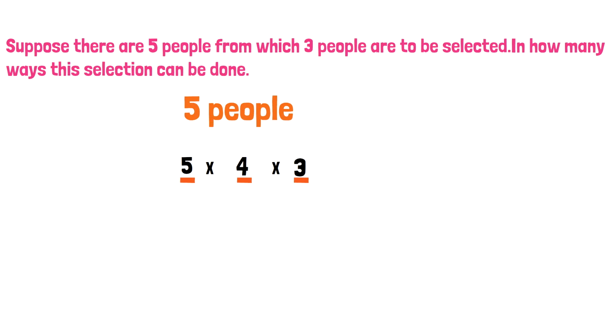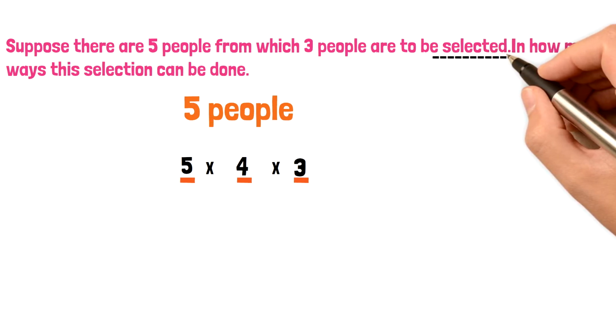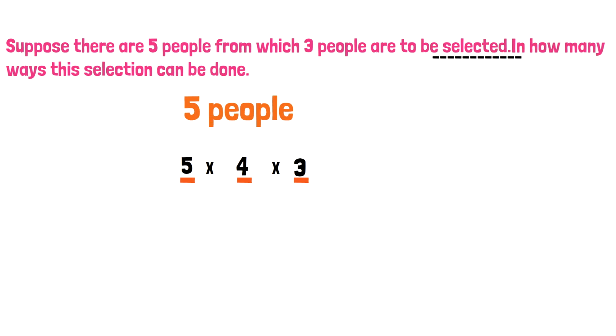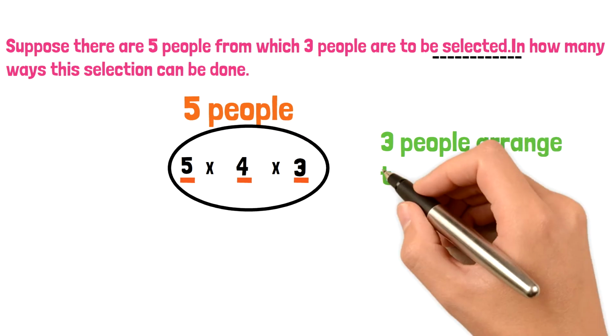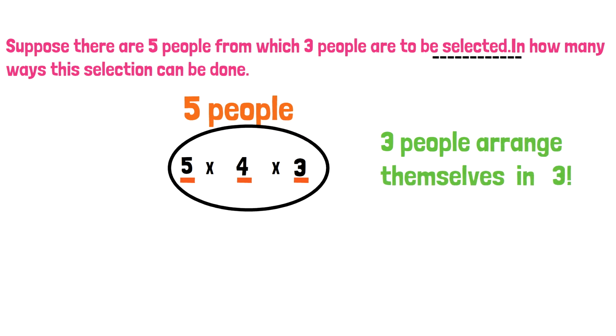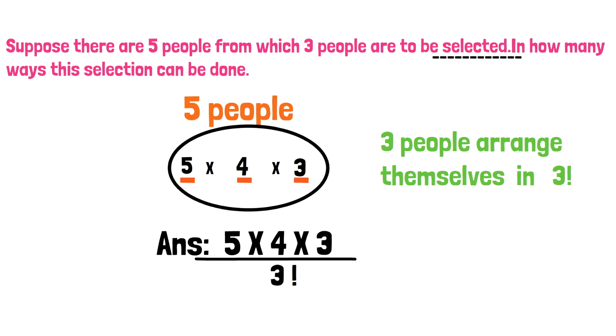Now first mark the keyword here, that is selection. So it's combination, where arrangement does not matter. As there are 5 times 4 times 3 different ways to select 3 people from 5, actually 5 times 4 times 3 includes the order of arrangement. Now, as the order of arrangement does not matter here, we need to exclude it. 3 people can be arranged among themselves in 3 factorial ways, that is the order of arrangement, that we need to exclude, which means we need to divide by that. So, 5 times 4 times 3 divided by 3 factorial is our answer.